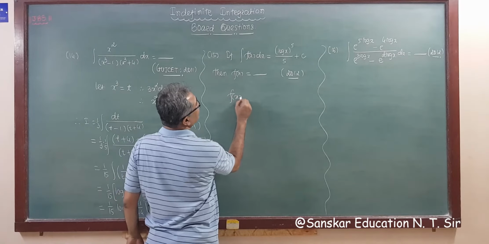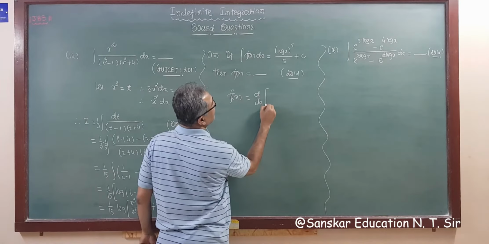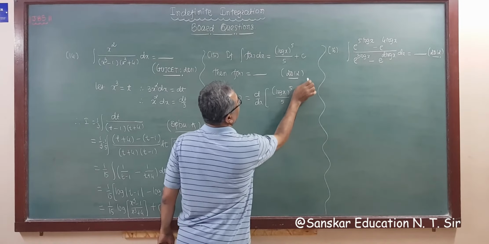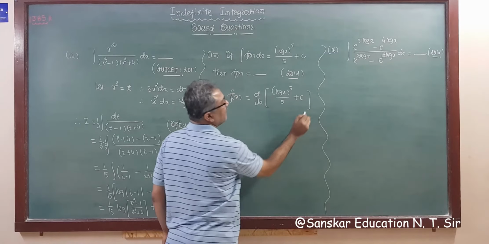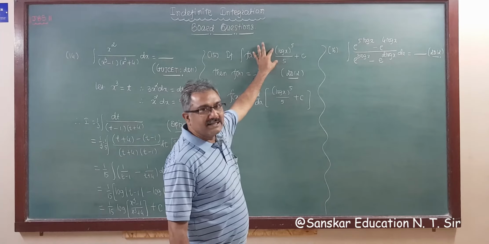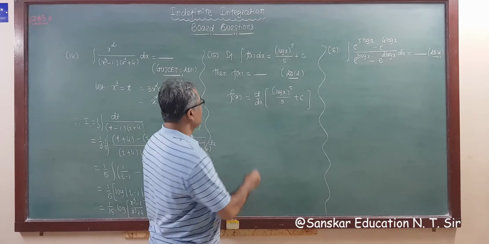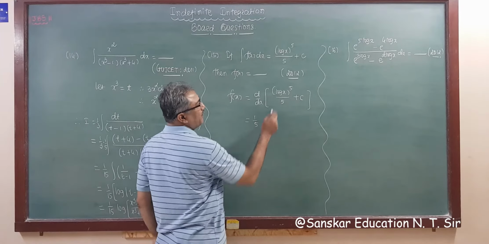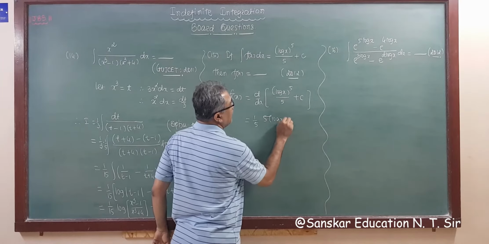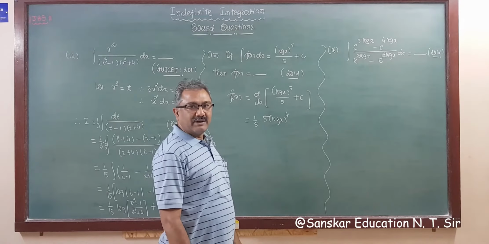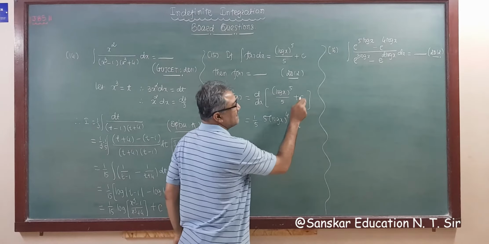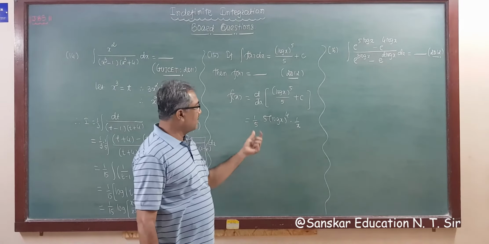What do we get? f(x) is equal to d/dx of (log x) raised to 5 divided by 5, plus c. This is the derivative required. Now for solving this question in the exam, there is no need to write this step. Directly you have to differentiate this. So 1 upon 5 is constant as usual here, and the derivative of bracket raised to n is n bracket raised to n minus 1, and the derivative of the bracket is 1 upon x, and the derivative of plus c is 0, right?